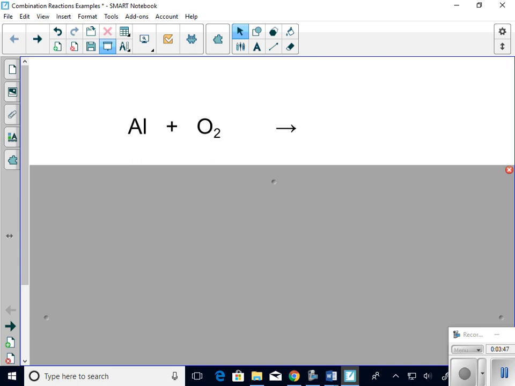Which one of the 5 am I dealing with? Rachel? The fourth one, Rachel says, a metal plus oxygen yields a metal oxide. Would we agree with that assessment? And it tells us right there what? We need to check the